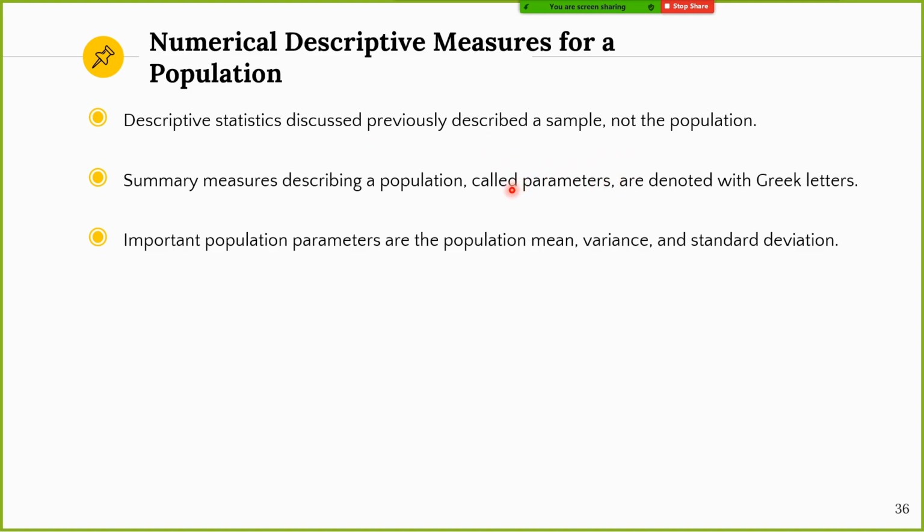So this is actually the same. The formula, everything is the same, but the data is for the population. So the symbols of the mean and the standard deviation are different. Only the symbols are different for population and for sample. The formula is the same, but quite different for the sample and population, as you can see in the slide. Okay, so let's continue.